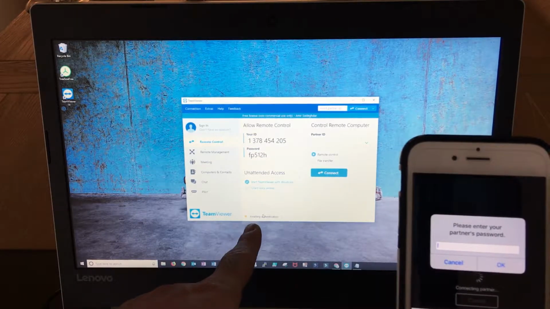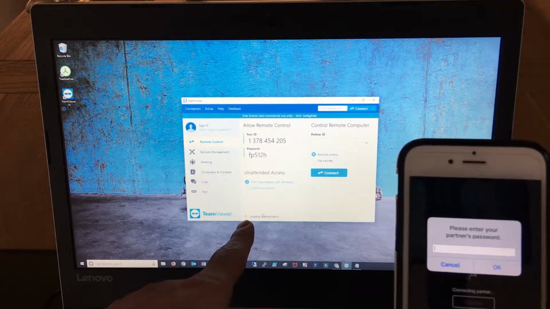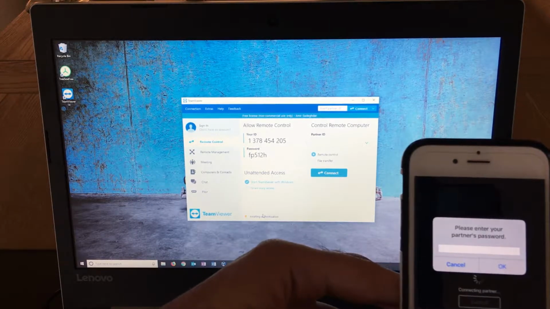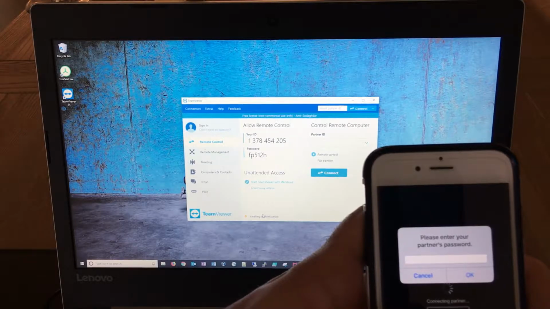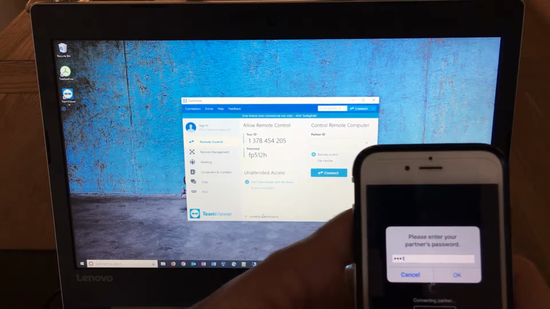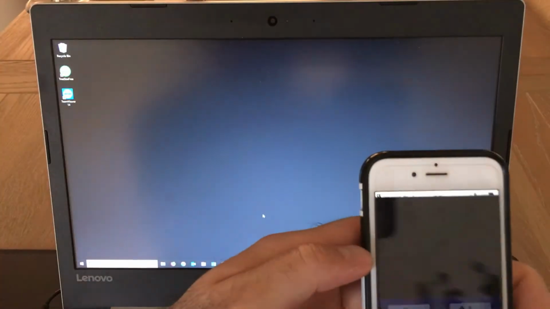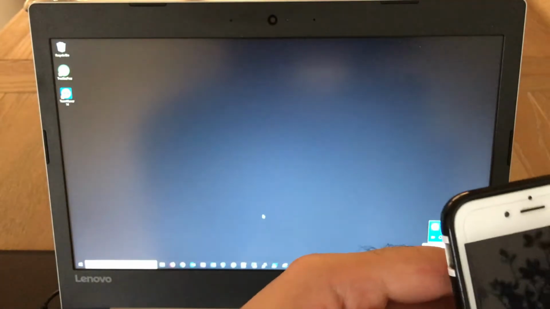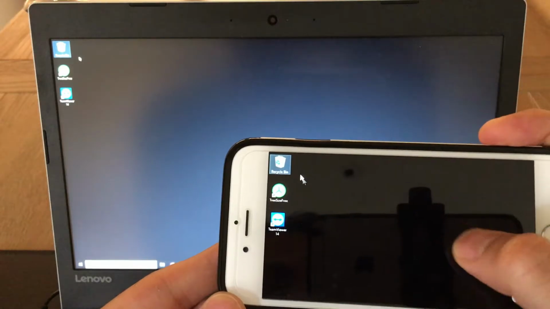As you can see, this little dot changes from green to orange, and it says awaiting authentication. So what I'm going to do is put this password in this field. I'm going to put FP512, and here you go. So now I am logged into my Windows 10 PC with my iPhone, and as you can see, when I